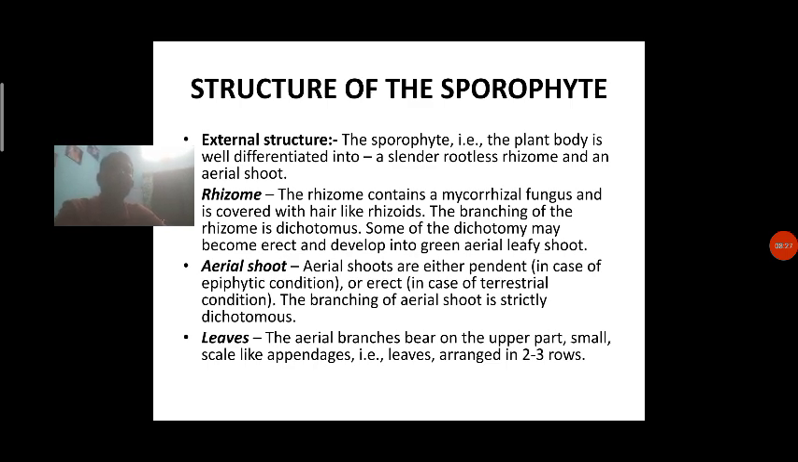Aerial shoots are either pendant or erect. The branching of the aerial shoot is strictly dichotomous. At the end of each branch there is a bifurcation, and that is why they produce a dichotomous structure. On this dichotomous stem there is an appearance of leaves. The aerial branches bear on the upper part small scale-like appendages, that is leaves, arranged in 2 to 3 rows. So this is nothing but the structure of